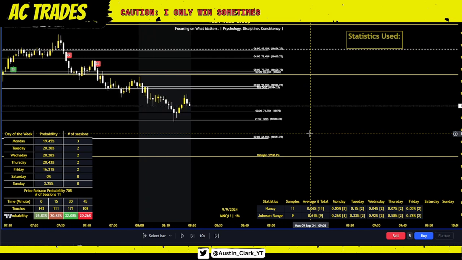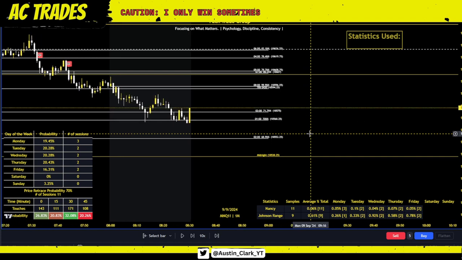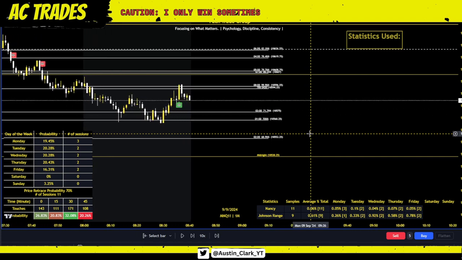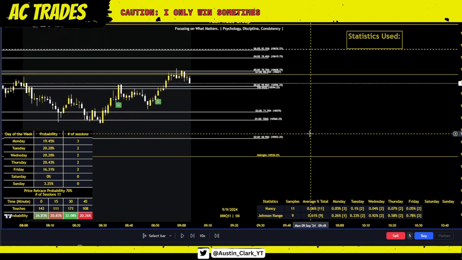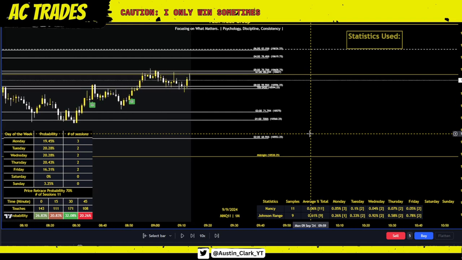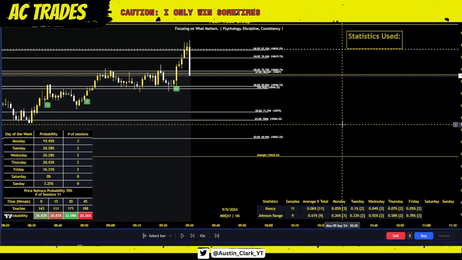This is the last thing I need to tell me that there's objective distribution towards whatever direction I'm taking. So in this case here, I'm just looking for bearish distribution to the downside. We have midnight below us, so I'm not taking any of those longs or those bullish distributions you see on the chart.